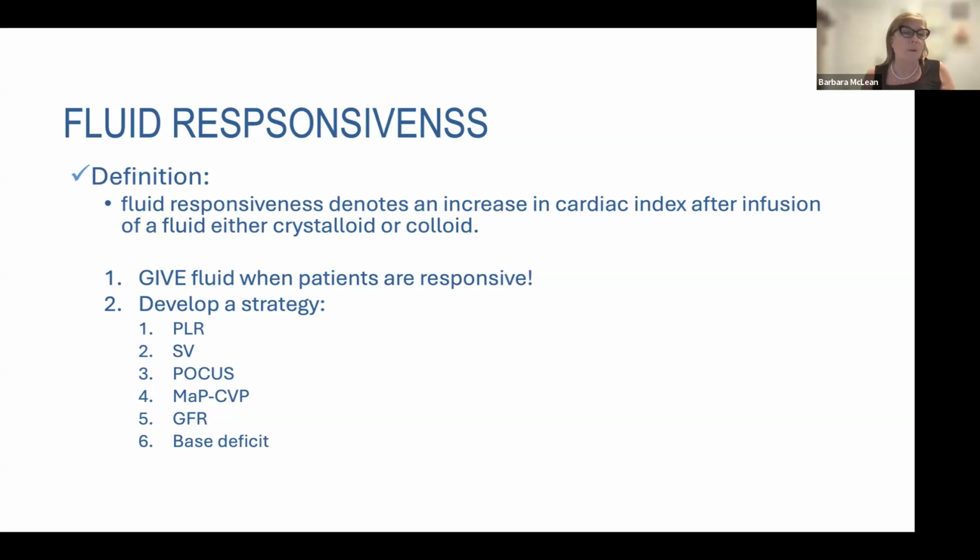Stroke volume is reliable. If I give you a 250 cc bolus in less than 5 minutes of fluid, your stroke volume should increase 10%. Now, that's not very much. If your stroke volume was 40, that means it's increased to 44. But I'm going to then give you another 250 cc because you need that volume. If you need that volume, you should get that. You could also not give volume and just